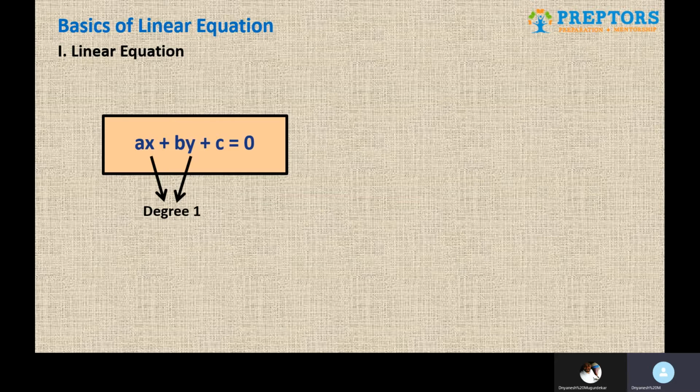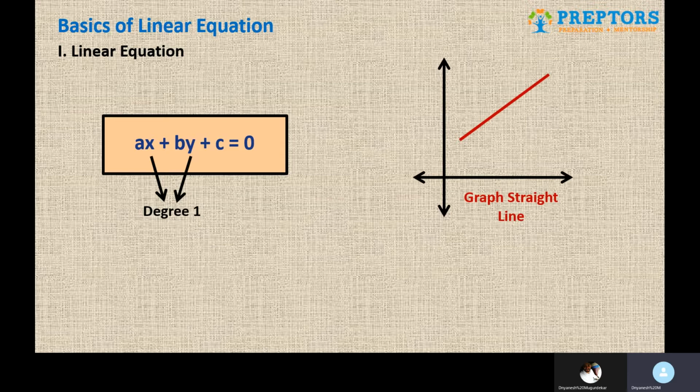This is the standard form of a linear equation. And the second important thing that you need to know as far as any equation goes is the graph of the equation, because there will be some kinds of questions wherein we need to solve using the help of the graph. A linear equation, as the name suggests, is a constant thing, so the graph has to be a straight line, something like this. These are the two things that you should know as the first scenario: standard form and the graph. Remember these two things for any equations that you study henceforth.